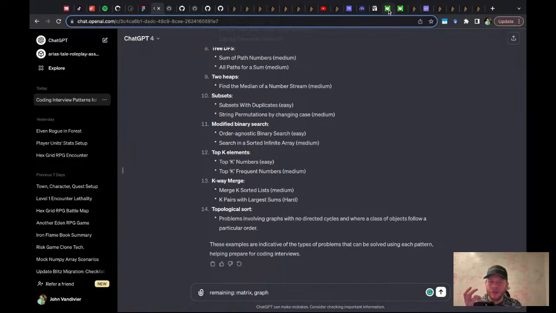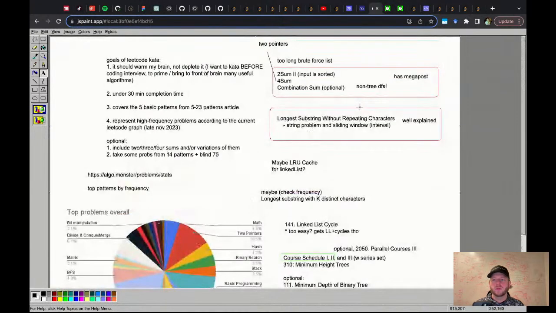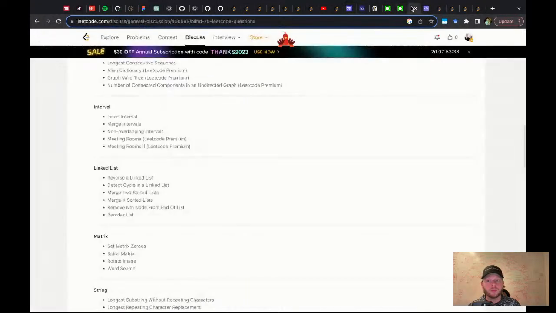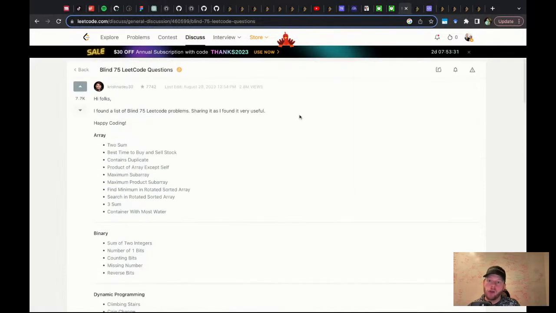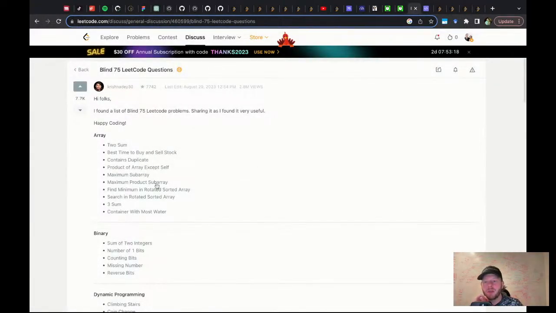I think I already have graph covered somewhere in here. Do I not? The list is too messy so I'm not tracking very well. Alien Dictionary is also recommended under the Blind 75. I don't think we need it though. Well, it says it's graph. I think we already did. I think we already have graph.